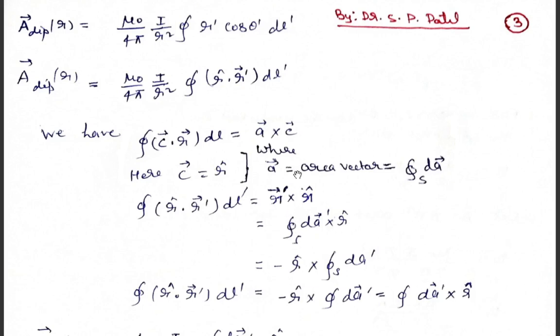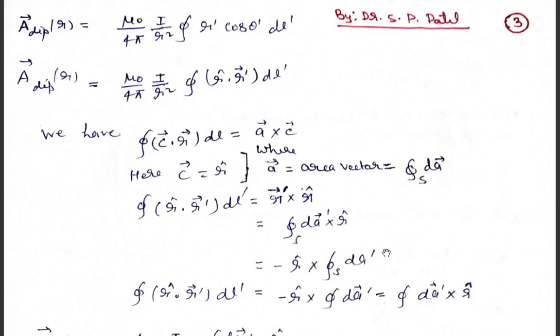Okay, so this can be written as area vector. So this area vector is equal to surface integral of area vector. So that is surface integral dA prime cross product. Okay, because here we have prime, obviously here area vector will be prime. That is I have written r prime. So that r prime is basically area vector. Don't confuse. Okay, cross product with r unit vector. Now this is cross product. If we change the position of two vectors in cross product, then this minus sign will come. So we can write minus r unit vector cross product, that is surface integral of dA prime.